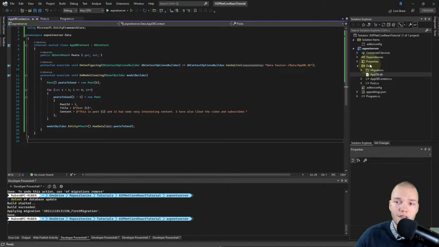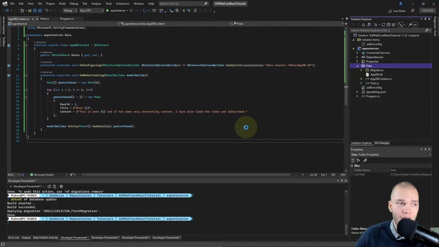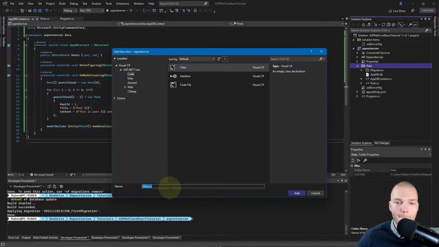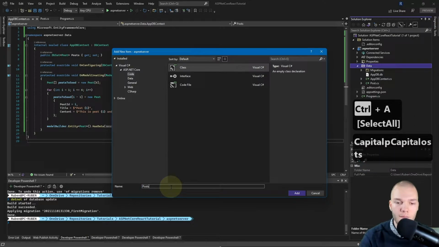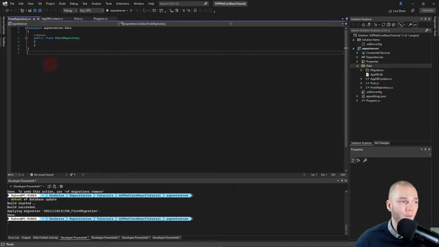So I'll right click the data folder, hit add a class, and I'll name it posts repository. And this can be a pain to type out, so please remember you can just copy and paste from the GitHub repository. I'll type it out though.